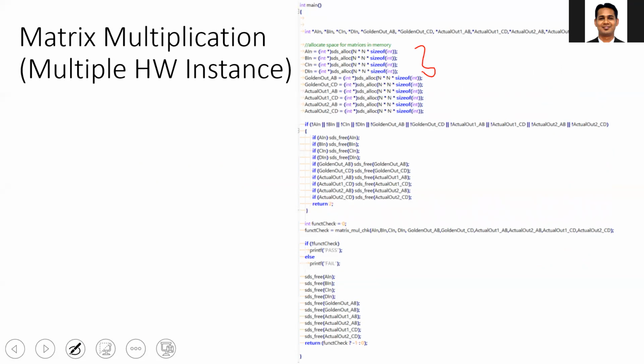Then I want to compare the execution time when I implement one IP in the hardware and when I implement two IPs in the hardware. So I have two implementations of the hardware. In one case, you can see actual out one AB and actual out one CD. Here I will be using only one IP.